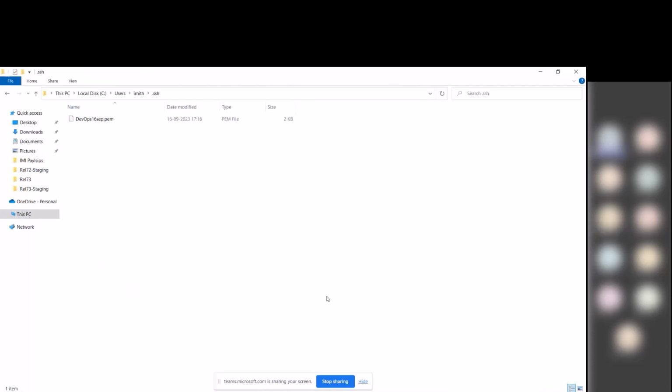That's where we created one separate folder. Everybody please create that separate folder under C: users with which you are logging in. Go to that folder and create the .ssh folder and copy paste that PEM